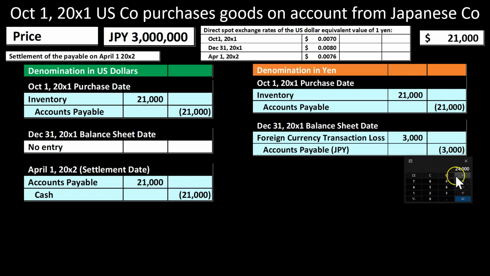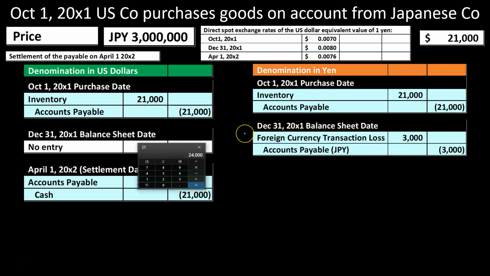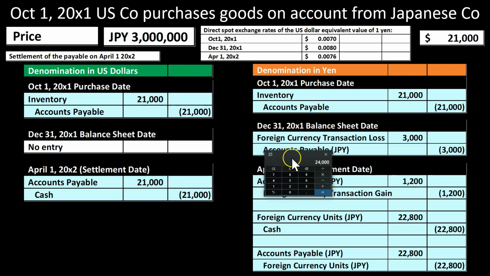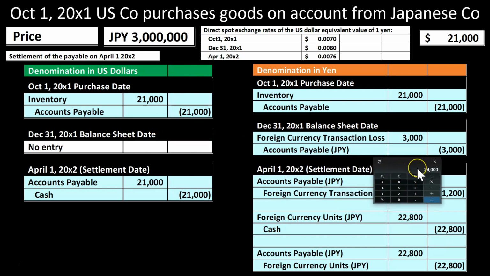So once again, that 24,000 is reflecting the dollar equivalent that we're going to have to pay at this point in time, 12/31, of what we're actually going to pay in, which is yen, 3 million yen. So then on 4/1, we're going to have to actually make the transaction. So now we're going to actually pay off in yen what we owe, which is the 3 million yen. But before we do that, we have to revalue once again what's in the payable, which is currently 24,000,